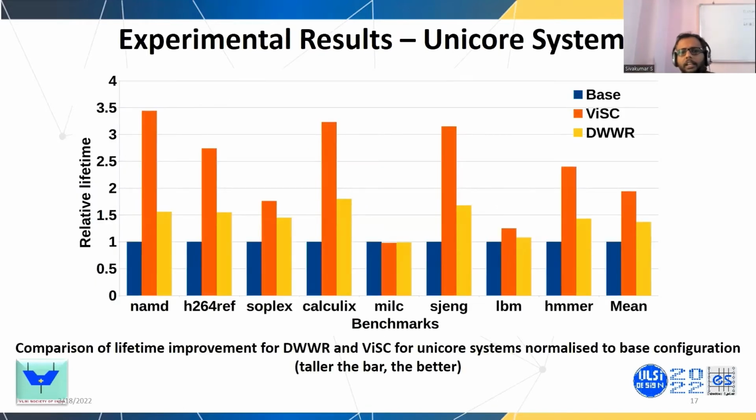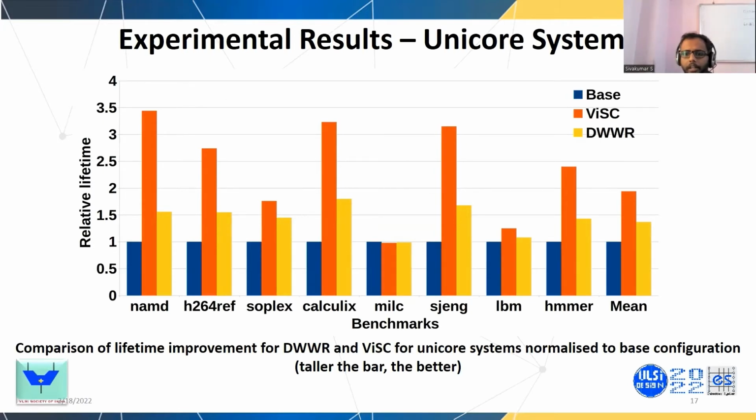Now we will discuss the results in detail. This graph shows the result that we achieved for unicore systems. The blue line shows the baseline architecture, which is the normal cache without any wear leveling techniques implemented on it. Orange shows our proposed technique WISC, and the yellow one shows a state-of-the-art technique, dynamic window write restriction. From this graph, we can see that our technique performs better than the other two